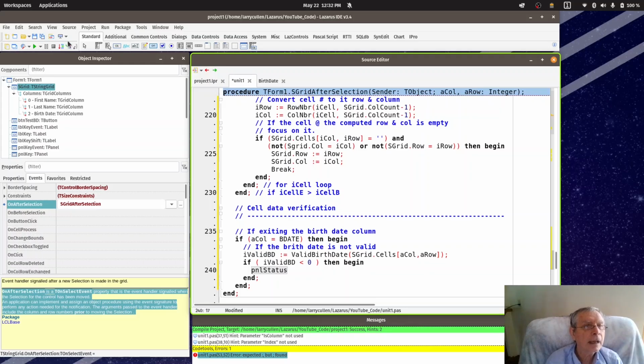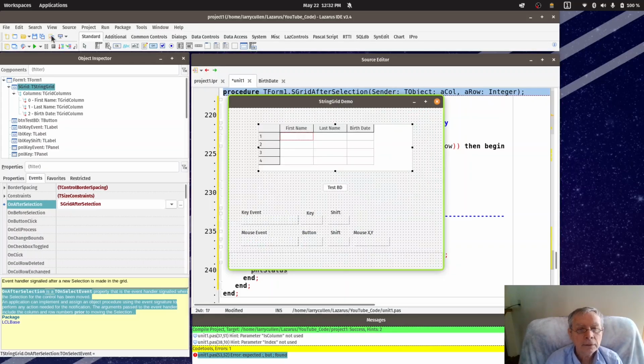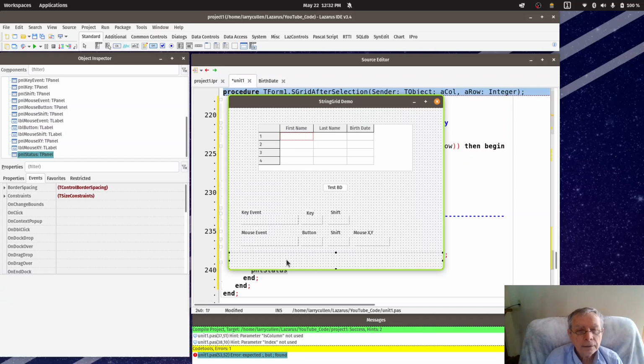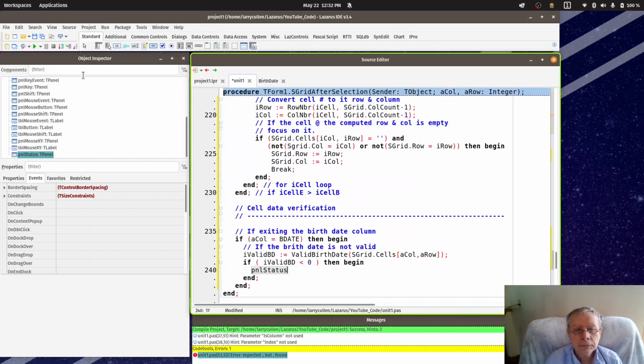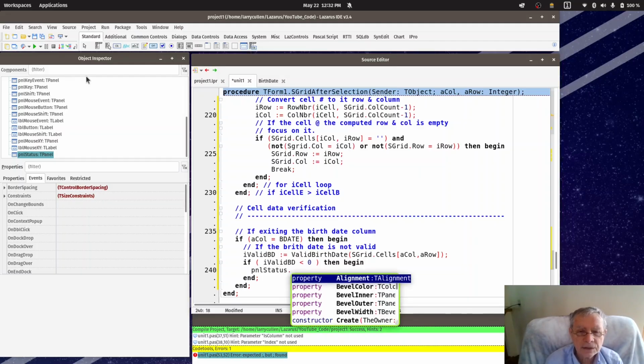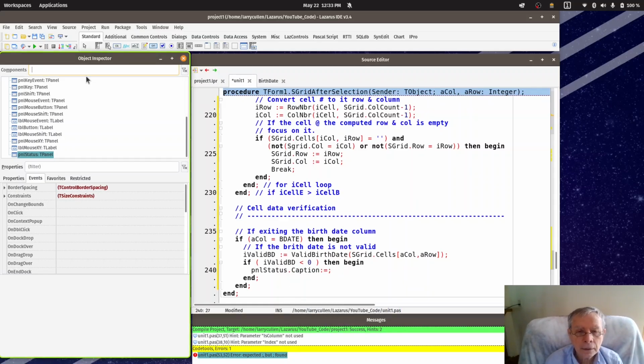Now, panel status, let's look at our thing. Right here, this is panel status, which gives us messages about things that are happening. So that's the thing we're addressing now. Panel status, the text displayed in it, its property is called caption. There it is. And we're going to set that equal to